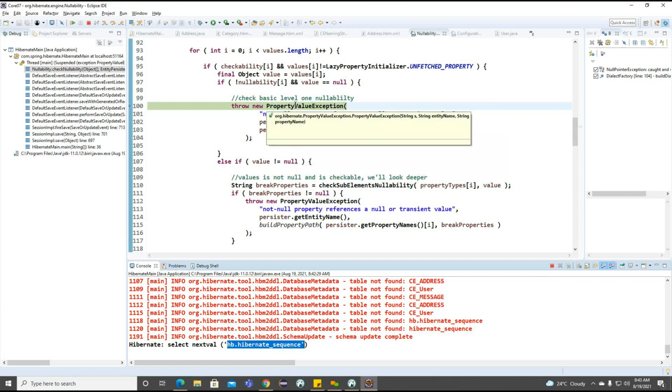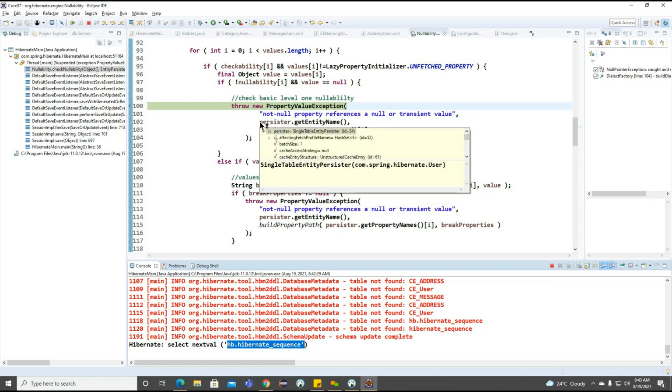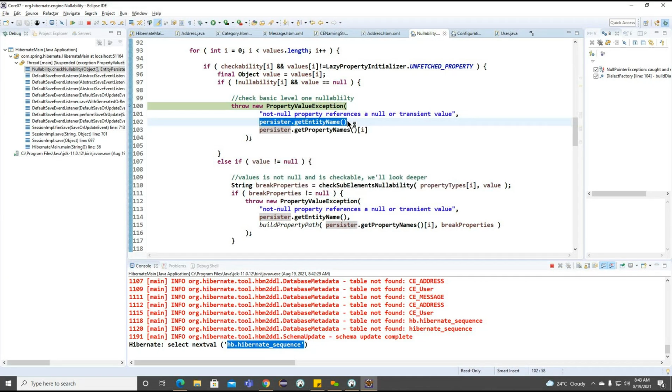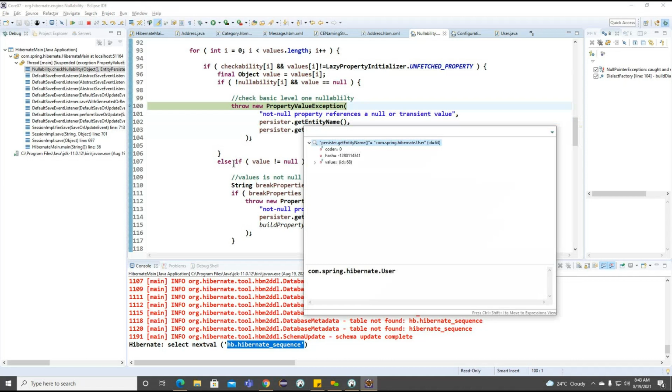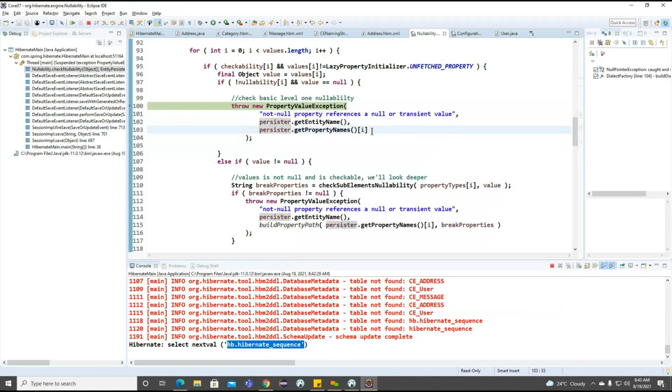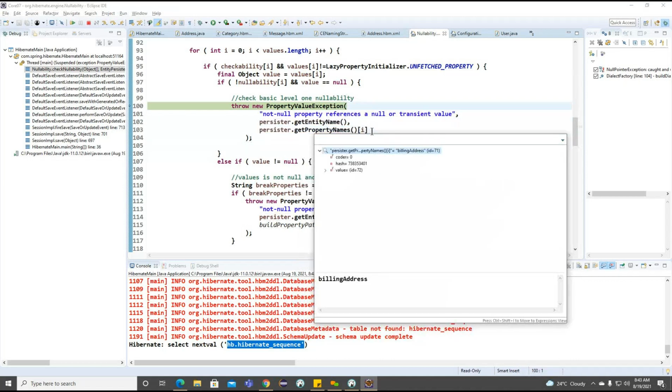Property value expected here. Okay, property value expected is nothing but, again, it's coming from our CB clause here. So what we are missing entity, user, billing address, billing address.